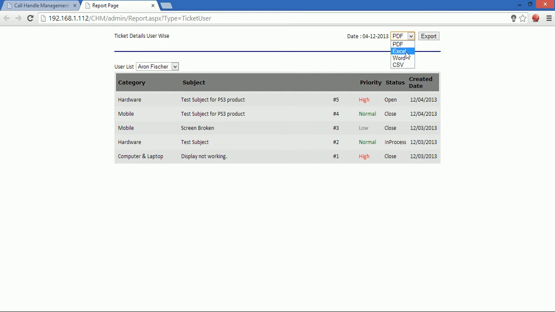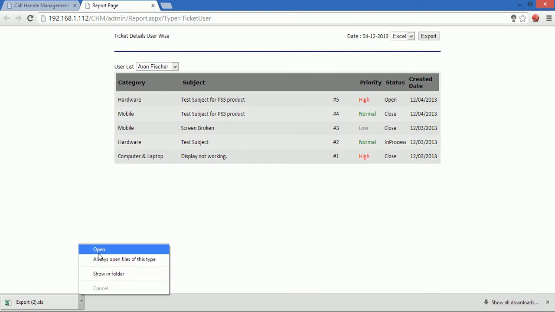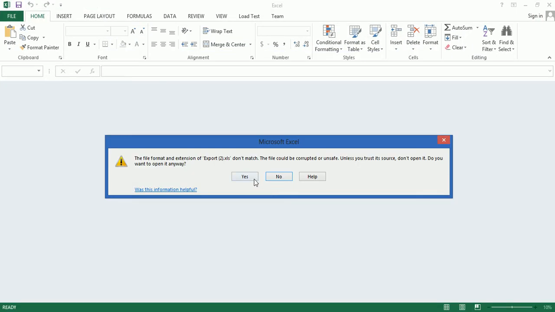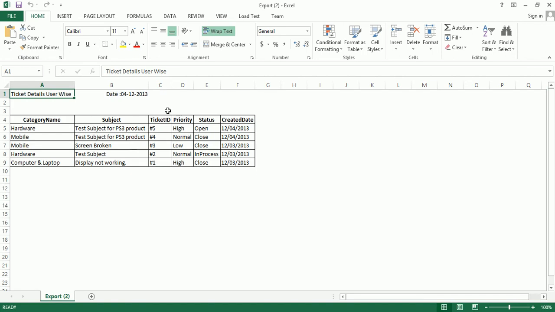If you want to export in Excel format, then just select Excel and click on export, and here you can see the exported Excel file of the report. Just open it. Here you can see the Excel file created.